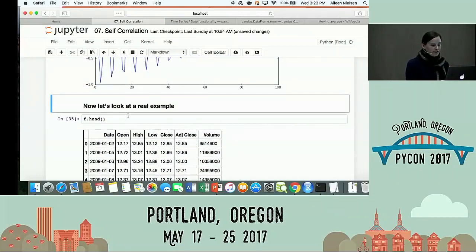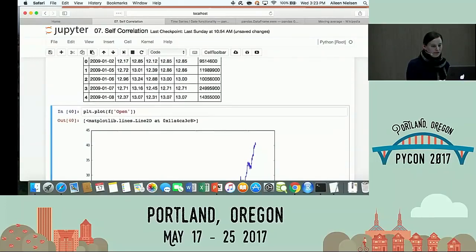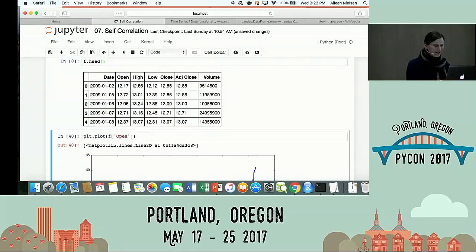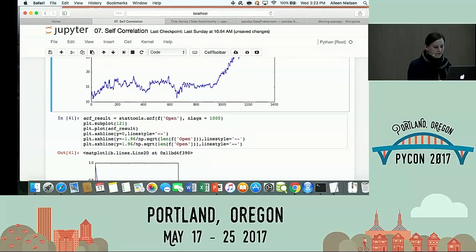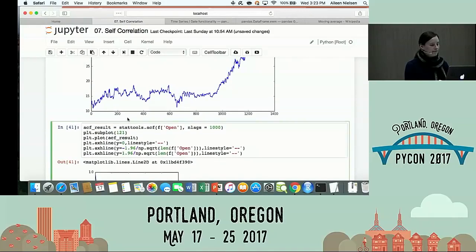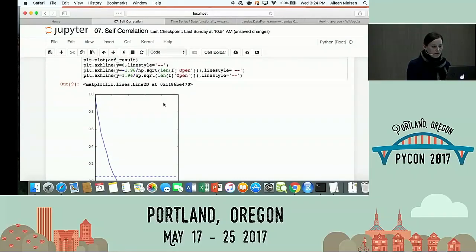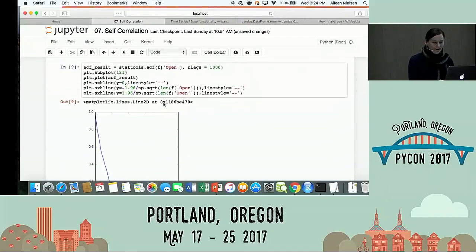Okay, so let's look at a real example. We've got our Yahoo stock info. I think this is Apple, maybe? I don't remember. If we look at an autocorrelation now for real data, what do we expect to see? Well, it depends on the domain, right? If I'm looking at human behavior versus if I'm looking at stock prices about which I know nothing versus if I'm looking at astronomical data, you want to use your domain knowledge. Otherwise, you should look at things and sort of interpret as you go, but maybe think, well, maybe I don't know what I'm talking about.